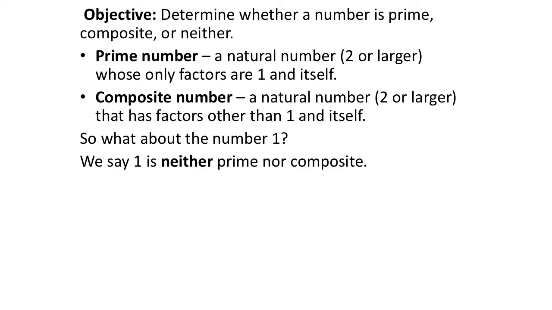See, our objective: determine when a number is prime, composite, or neither. So before we get into factors, well, I guess this has to do with factors, a prime number is where the product only has two factors, and that would be one and itself. Now that should sound familiar as well, okay? One and itself means